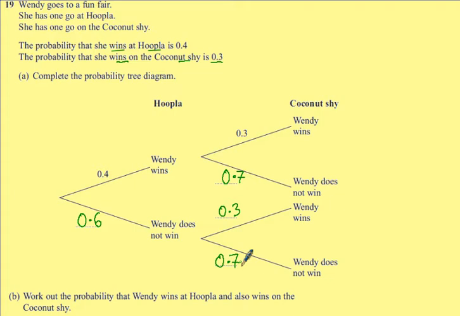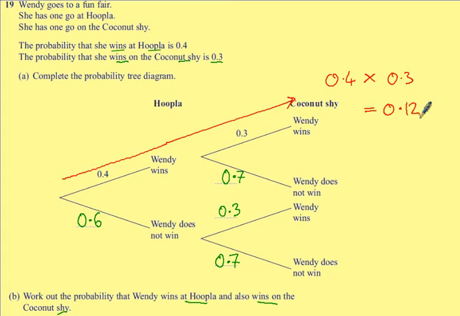We now want to work out the probability that Wendy wins the hoopla and also wins the coconut shy. So we want a win and a win. So a win followed by a win, which will take us to this result. Win the first one is 0.4 and multiply. Win the second one 0.3 gives me an answer of